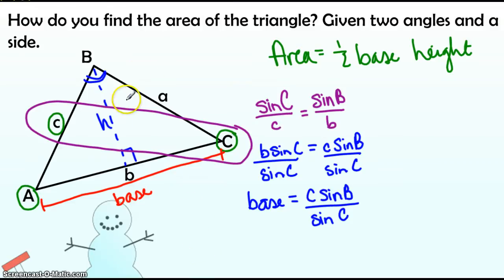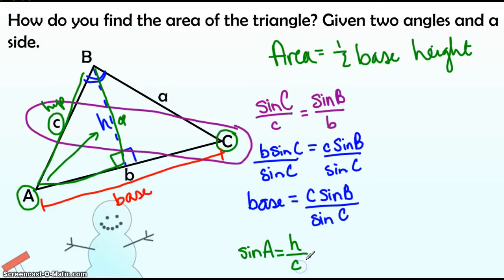So our H is right here. Here's our right triangle that we're looking at. H is opposite angle A, and C is our hypotenuse in this case. So that tells us we're going to use the sine. So the sine of angle A is going to equal the opposite over hypotenuse. Well, multiply by C to both sides, and we've isolated H. So when we put that in our formula,